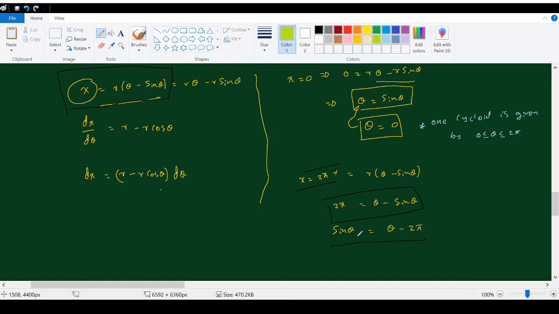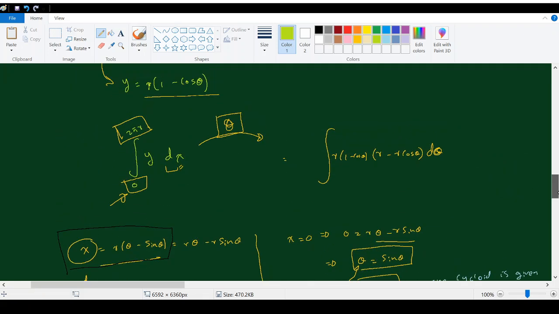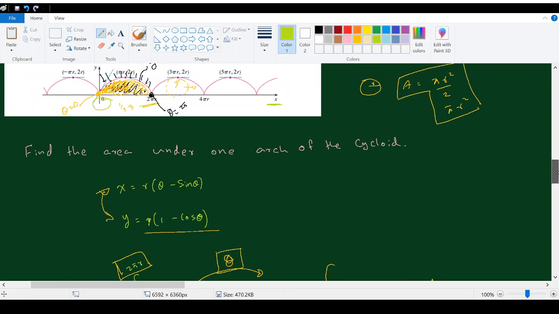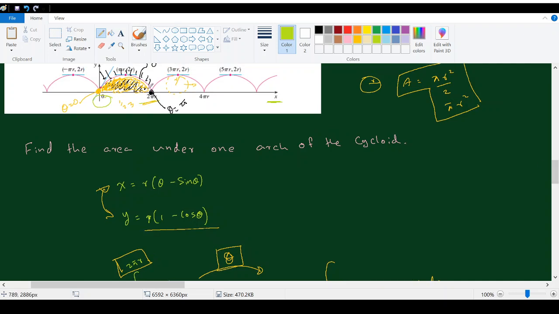So you can think about this equation through trigonometric relationships, like you can write sine theta as theta minus 2 pi. As we are only dealing within this region, we can have theta minus 2 pi to be equal to 0. Like that, you can evaluate the suitable lower and upper endpoints through these relationships. But it's far more convenient to have an understanding about this